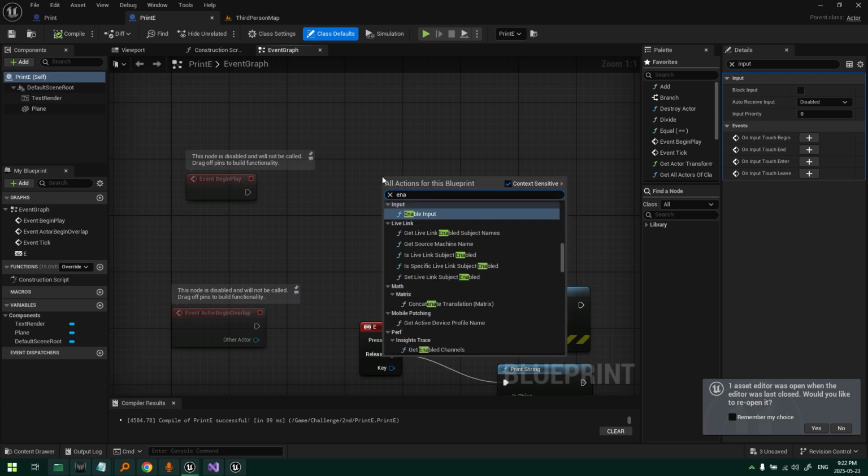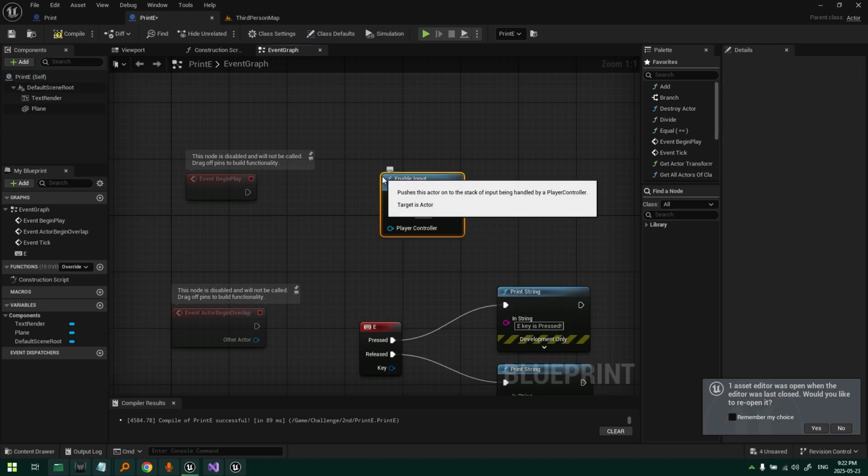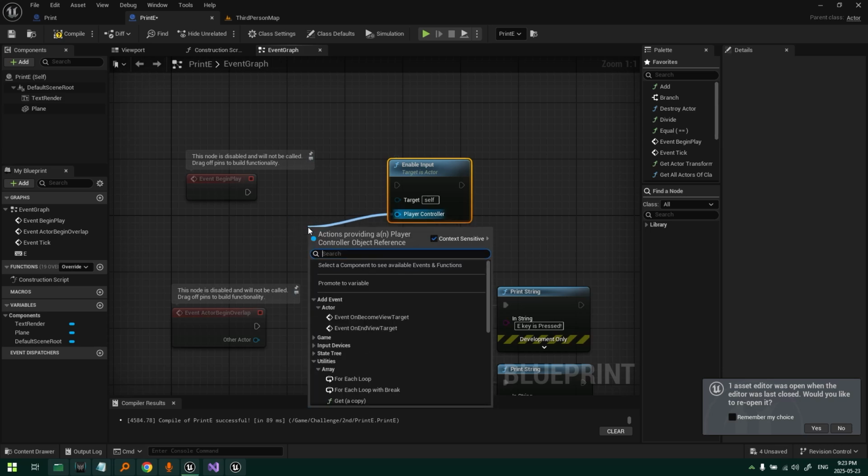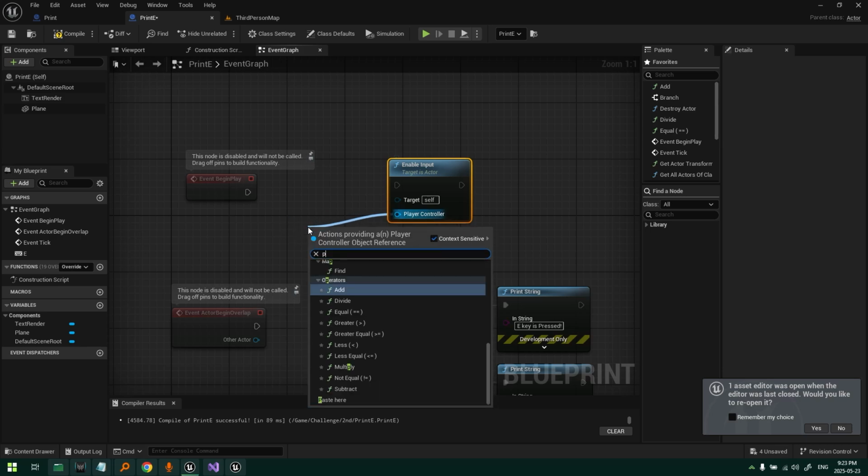So we can simply say enable input. This is a function, and it says the target is the actor. So the target is this particular actor. So we need to give this access, this E key, to be controlled by a player. And which player we need to control, we can select. We can simply search for player,